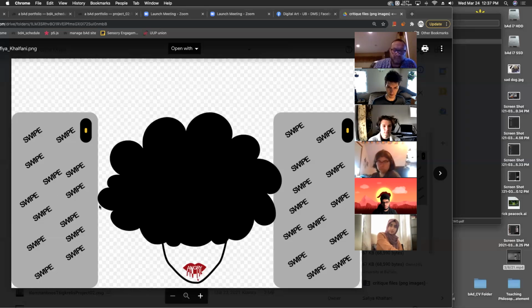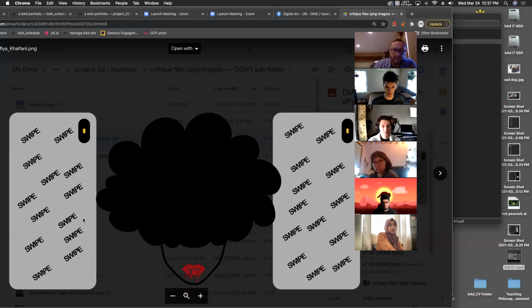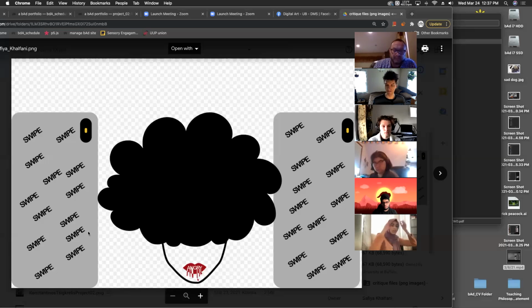Instead of just these swipes, because you're talking about dating apps, I think that's kind of apparent. But I think what really helps in terms of polarizing political statements would be to show the opposite in action. So instead of just swiping, maybe contextualizing it as people swiping right on the other end of the spectrum, right? So maybe if you have